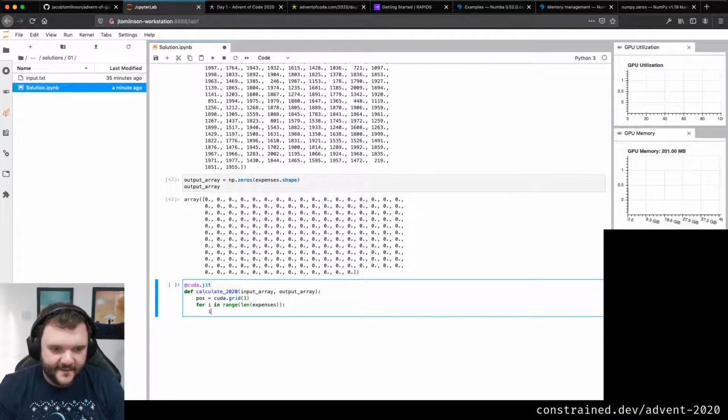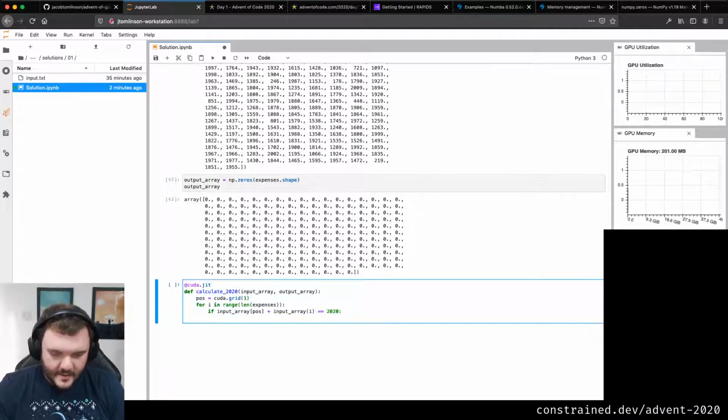And then we're going to say if input array position plus input array i equals 2020, output array position equals those times together, wasn't it? That times that.